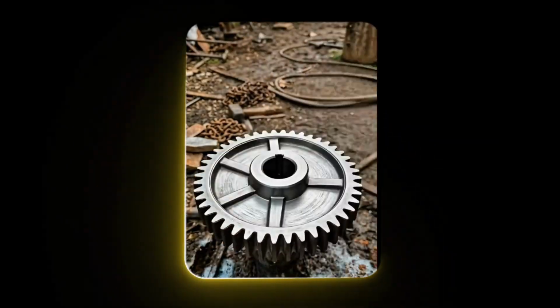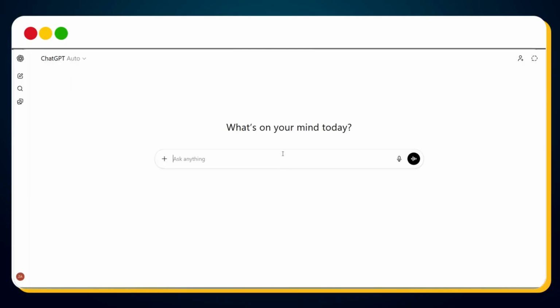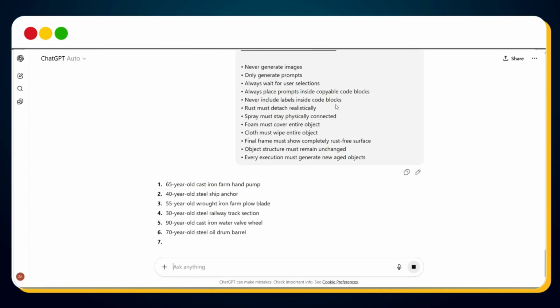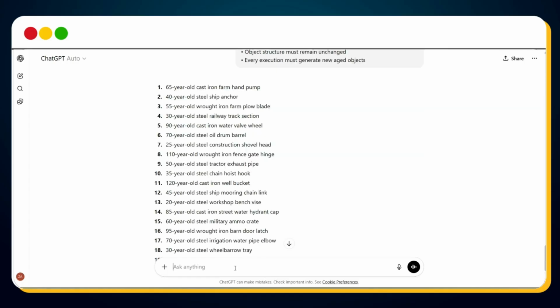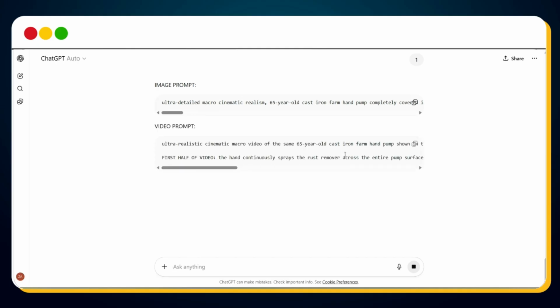To create viral rust cleaning videos, simply copy the master prompt, go to ChatGPT, paste the prompt, and hit send. Now, just choose one idea. Next, choose the video format you want to create. Once you select the orientation, ChatGPT will automatically generate the initial rusted image prompt and the video prompt for the